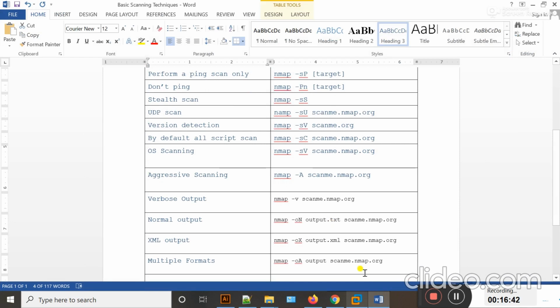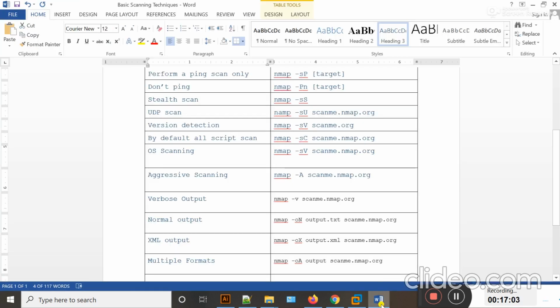Guys, you can save your scan in an output file, something like this: nmap scanme.nmap.org. If I want to store this scan in an output file, then I can use 3 different formats. I'm going to show the first one: if I type here -oN, and then I type the file name, let's say output.txt.